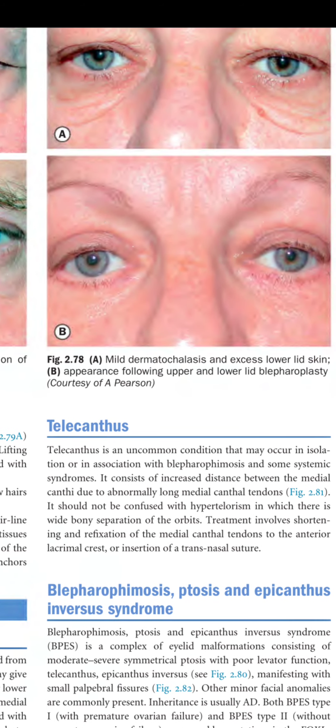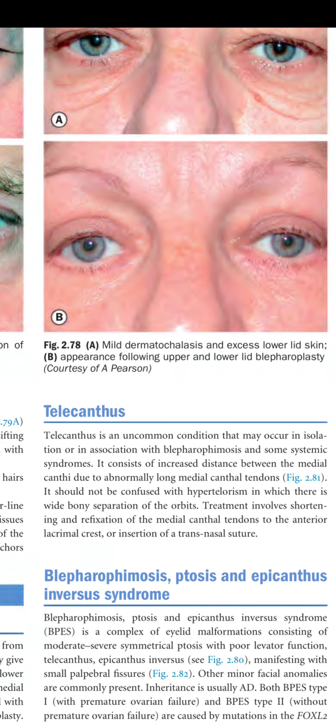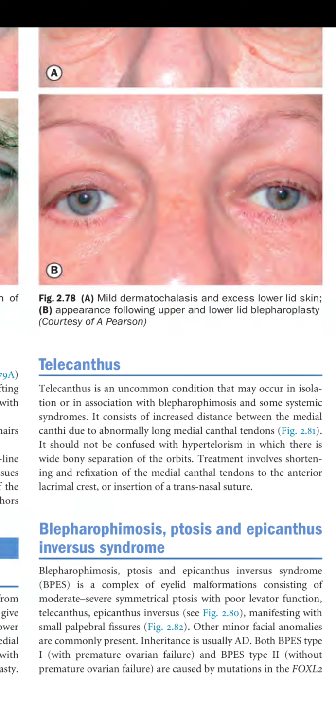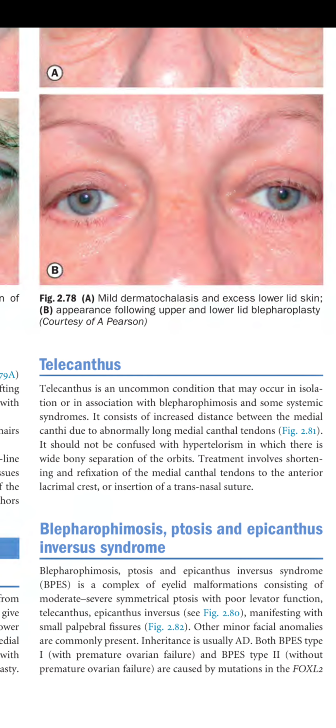Then there is telecanthus. Telecanthus is an uncommon condition that may occur in isolation or in association with blepharophimosis and more systemic syndromes. It consists of increased distance between the medial canthi due to abnormally long medial canthal tendons. It should not be confused with hypertelorism, in which there is a wide bony separation of the orbits. Treatment involves the shortening and refixation of the medial canthal tendon to the anterior lacrimal crest and/or insertion of